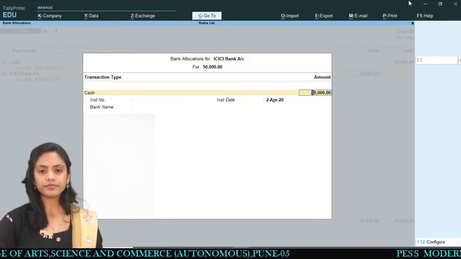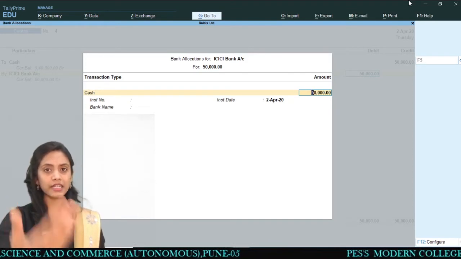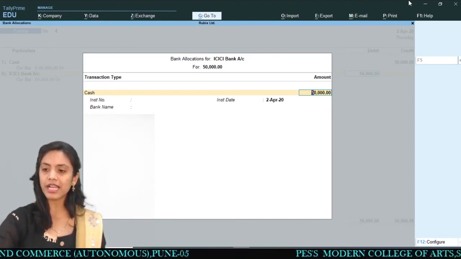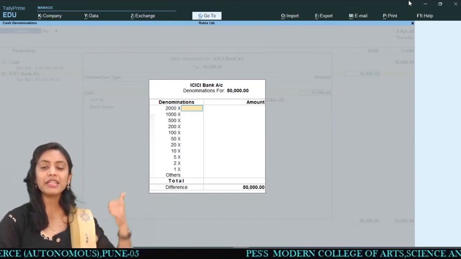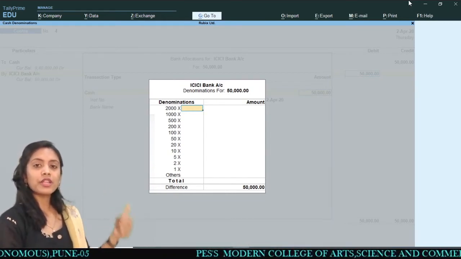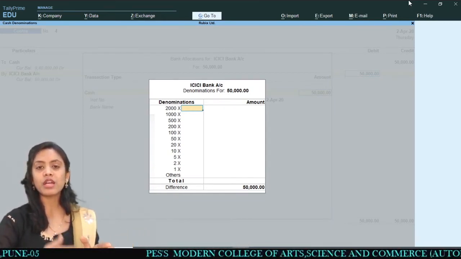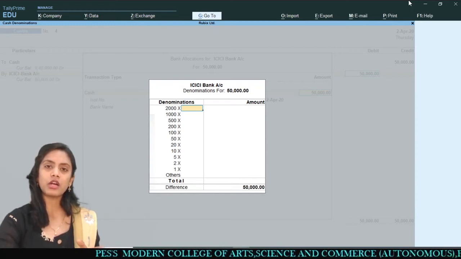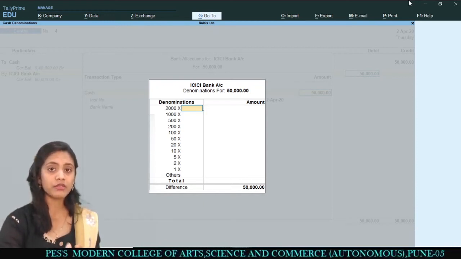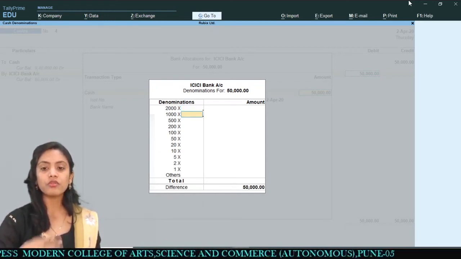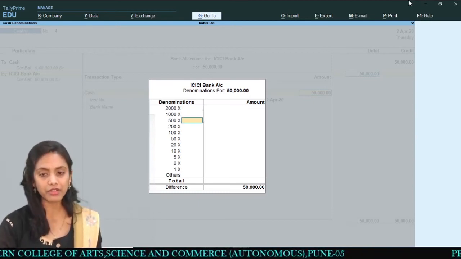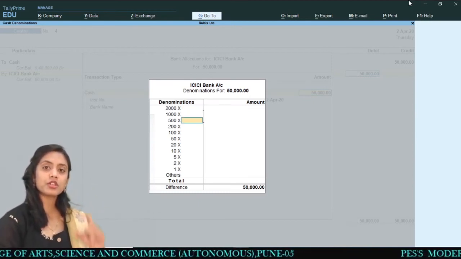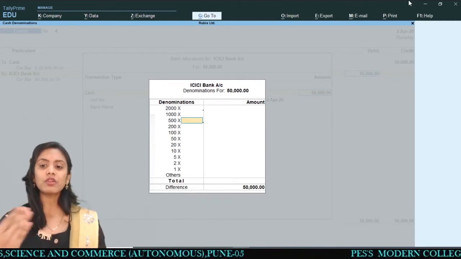Now they are asking, you are depositing cash, right? When you're depositing cash, you just have to give the denominations, meaning how many notes of 2,000 were there, how many notes of 1,000, how many of 500. Likewise, you have to give the denominations of your cash, which should be equal to the 50,000.